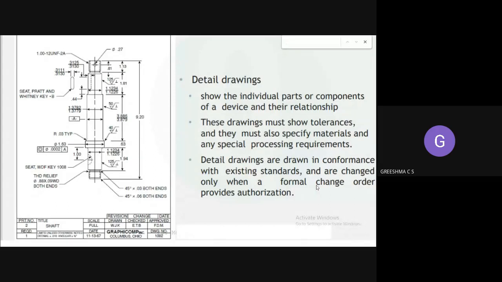In a layout or site plan, what are you having? You have the road, septic tank, all these things. But you do not show these in a detailed drawing. Here we are projecting the most important thing, that is the house, and its individual components. Similarly, if you come to the design of a machine or a device, the individual